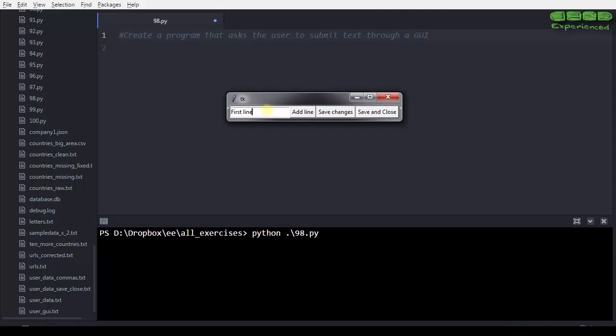If the user wants to add the line to the text file, it presses Add Line, and the text box clears, and the user can enter more text lines in there. However, at this point you, as a programmer, haven't added the lines to the text file yet. If you want to do that, you press Save Changes, and then you see you have to